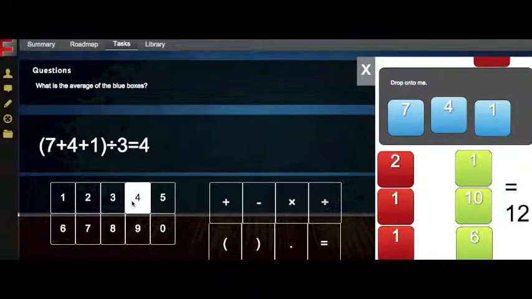What's the highest number in the blue boxes that you can see? 7. Yeah, and so that's what they call the mode. So the mode